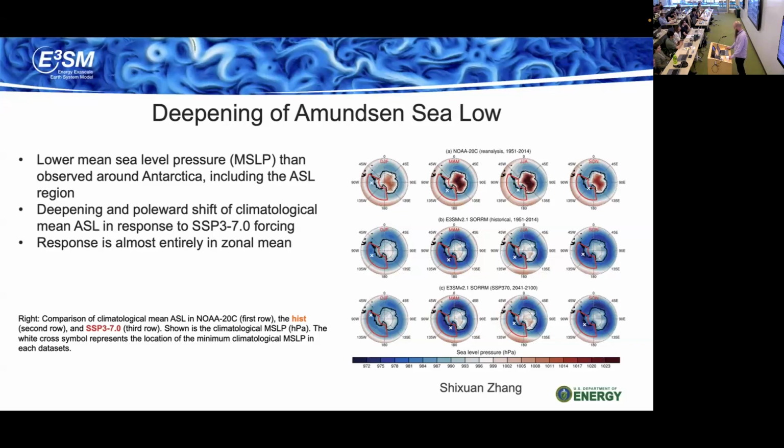The X dot is identified as the center of the Amundsen Sea low, and you see generally through the color scale that we're getting deeper blue, a strengthening of the Amundsen Sea low through the historical and SSP scenario. Both the location and the strength of the Amundsen Sea low have an important impact on sea ice in the Amundsen Sea and Ross sectors. So this is an important feature that we found.